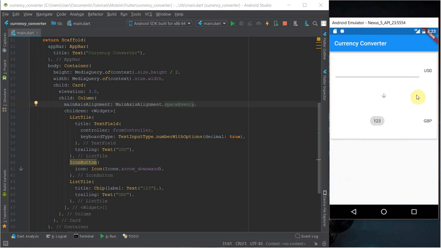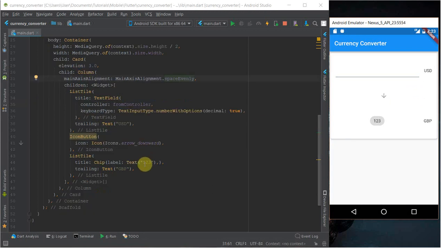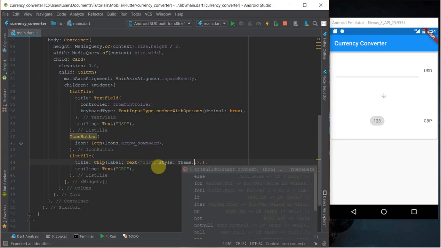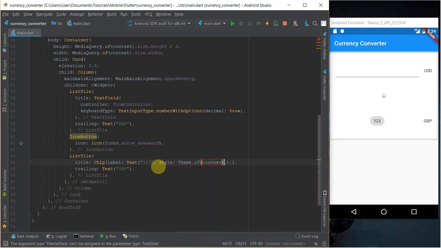So the next thing would be to also, let's see, give this a text style. Yeah, style, and give it a textTheme display one. Let's see how that looks. The text should be bigger. Cool. So yeah, the next thing would be to